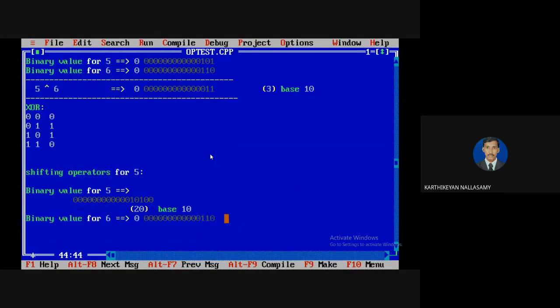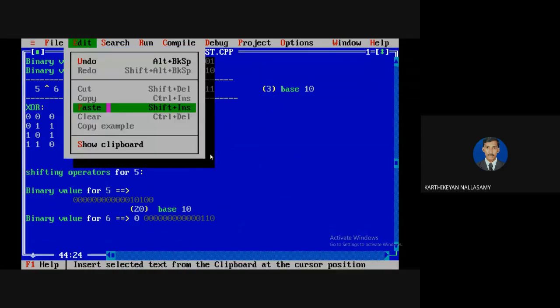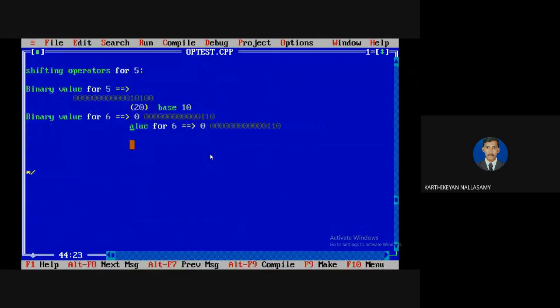So now we need to append 2 zeros here. We need to add 2 zeros at the right end and remove 2 zeros from the left end. So now you have to find the value for a binary decimal. This is the value of your binary value after doing a left shifting operation. Now we need to find the equivalent decimal value.